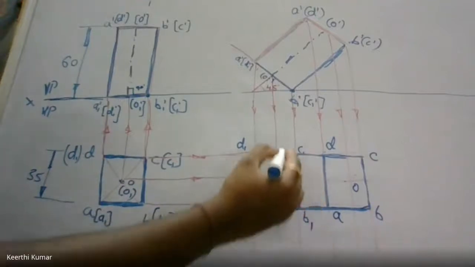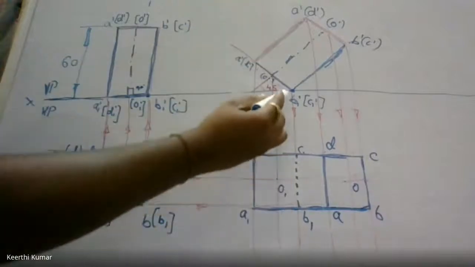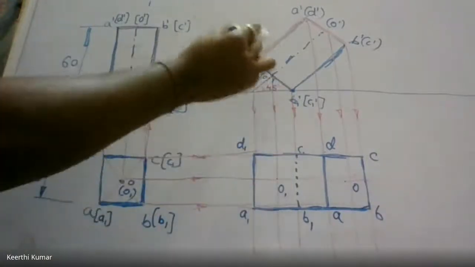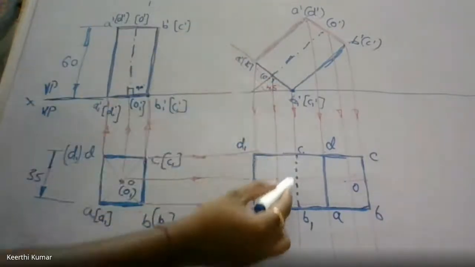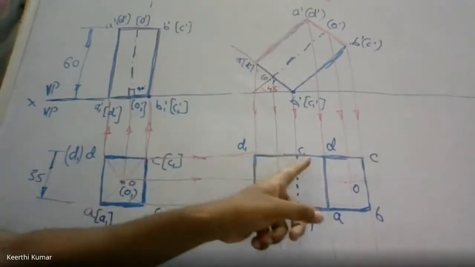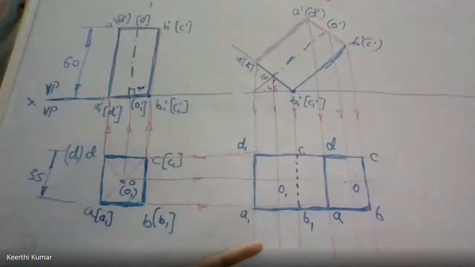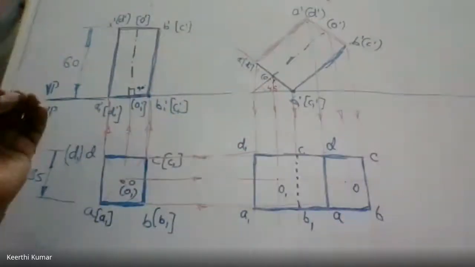B1, C1 was not connected earlier. Now I connected it. Check where B1, C1 is. B1, C1 was here. I cannot see it if I see from the top, so I drew it with the line called hidden. B1, C1, hidden. Next, C1, D1 is already connected. Leave that. D1, A1 is connected. Leave that. So the connecting order is finished. Correct? The connecting order for the solid, we have completed.